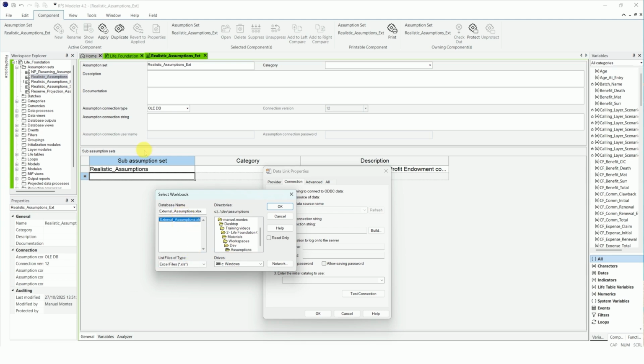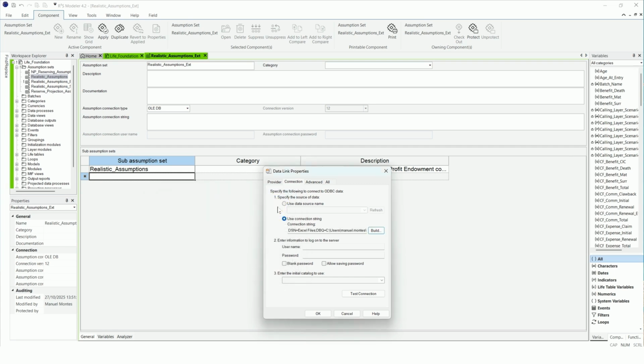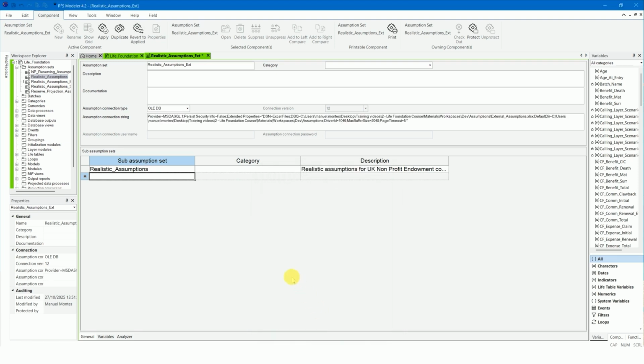Click OK and press the Test Connection button. If the test connection is successful, click OK again, and the connection string will be created.